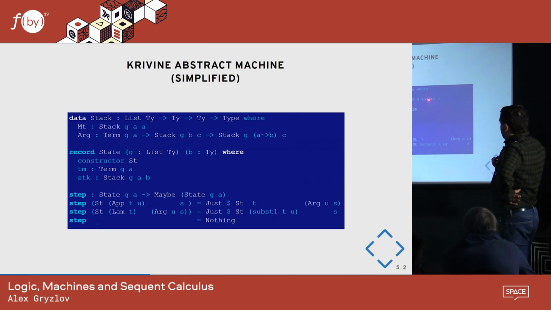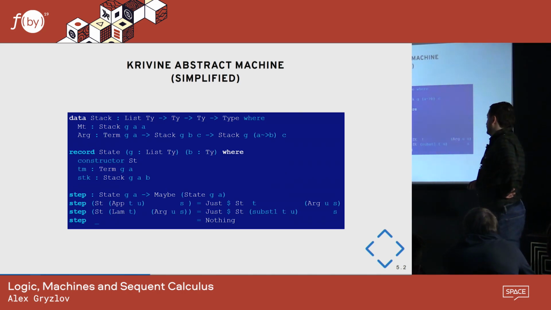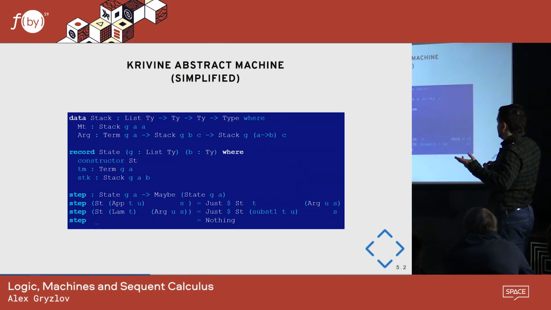Since we only have one connective here, the implication, you only have this stack for implications, or an empty stack. So this is essentially a list, but with more types to make sure that we've not written anything funky. Then the state, as I said, is just a tuple. A record is just a data structure with one constructor and a bunch of elements. So we have now two elements: a term of some context G and A, and a stack of some G and A and B, where B is the answer. It's what we should get at the end.